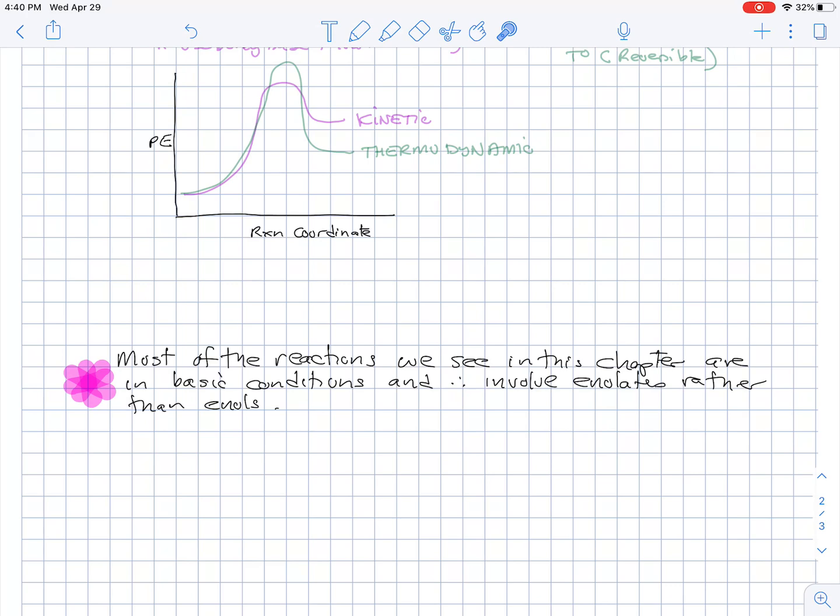And then I have the note here, I already said this, that most of the reactions in this chapter that we'll talk about are under basic conditions, and therefore they involve enolates rather than enols. So we'll see a lot more enolate chemistry than enol chemistry, again, except